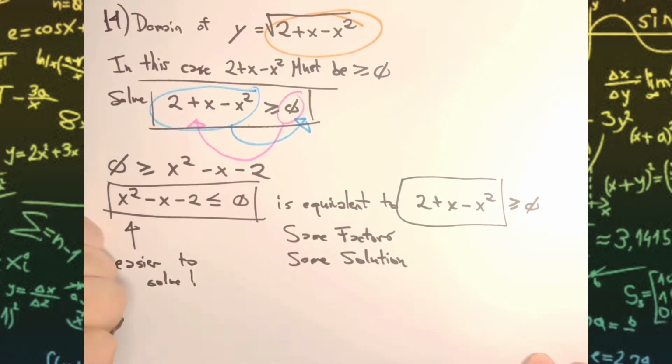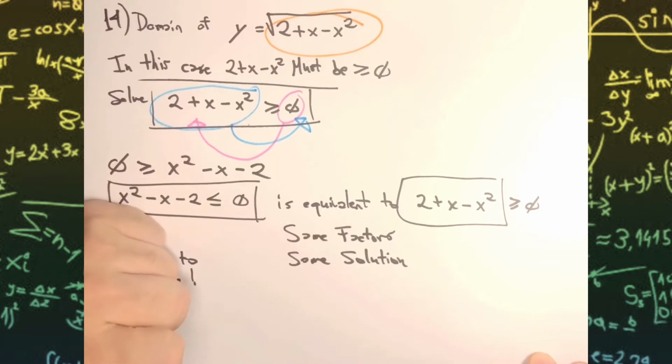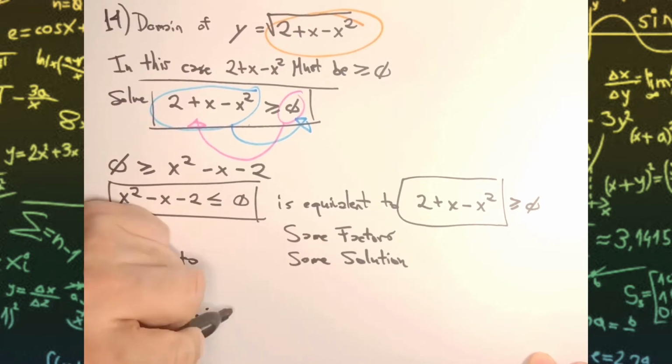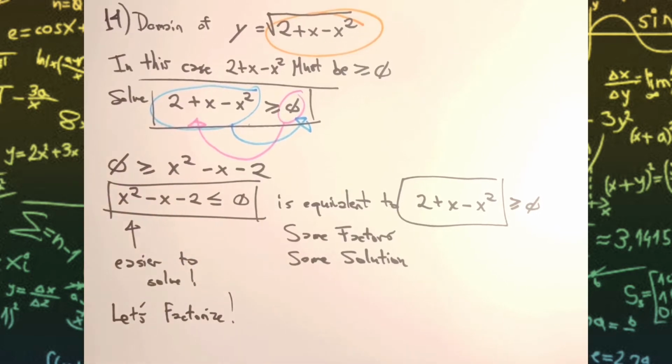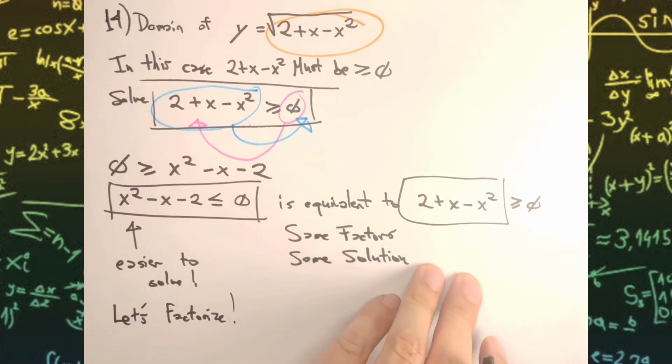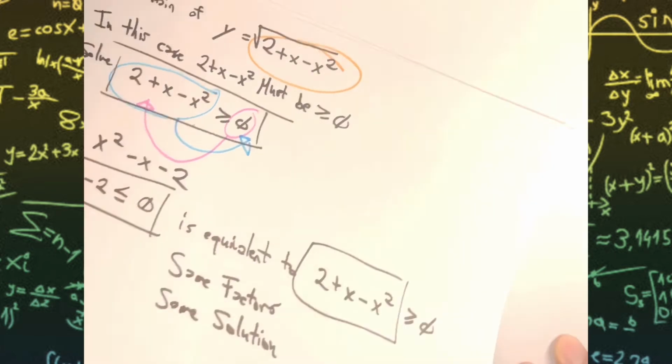The one on the left is easier to solve, so we're going to move forward with that one. Let's factorize, therefore, to do our first step. We can't solve it as it is. We just have to factorize to be able to come up with the resolution of the problem in a more efficient way. Therefore, we have,